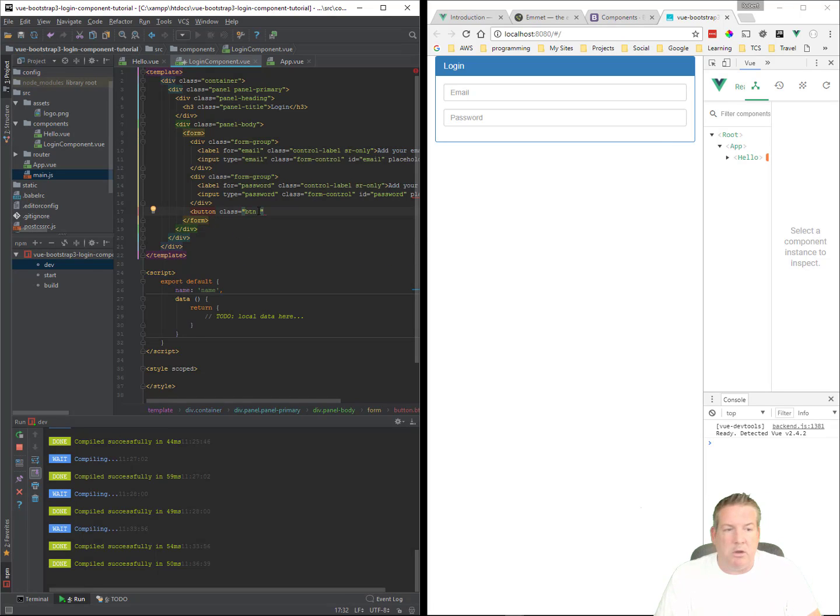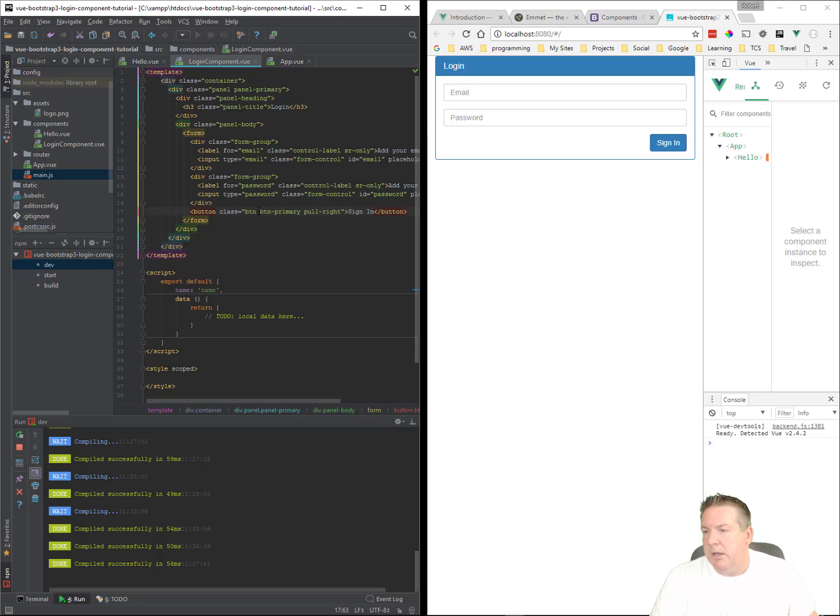And remember, these are all Bootstrap classes. I'm not using any classes that are from anywhere else. And we're going to call it sign in. And let's talk about that real quick. The pull-right is a Bootstrap function to float it and pull it to the right-hand side. Button and button, if we did button default,